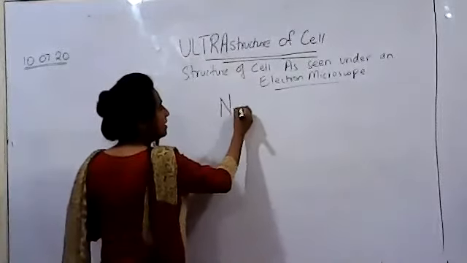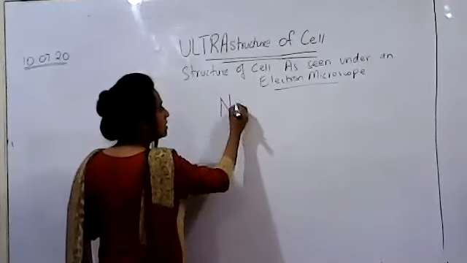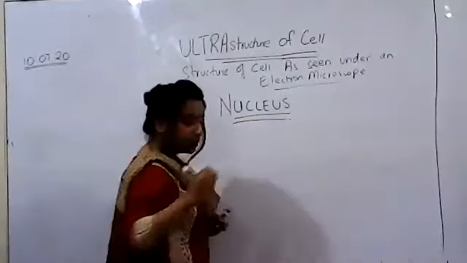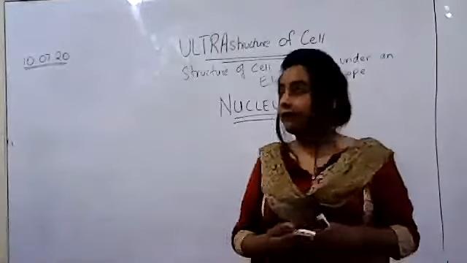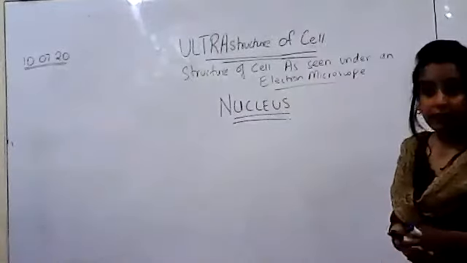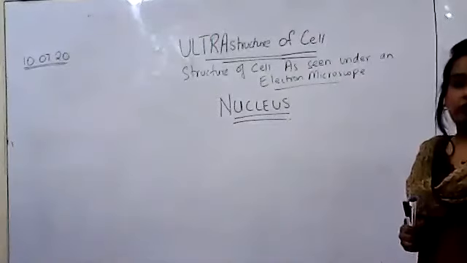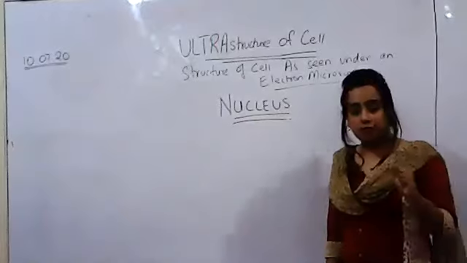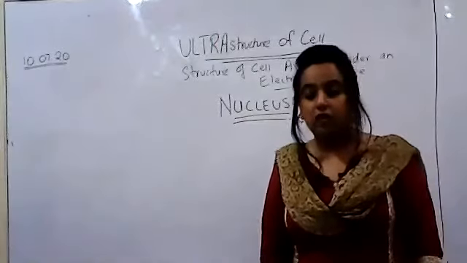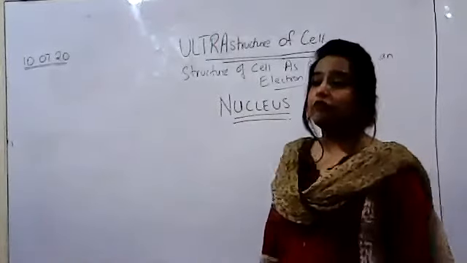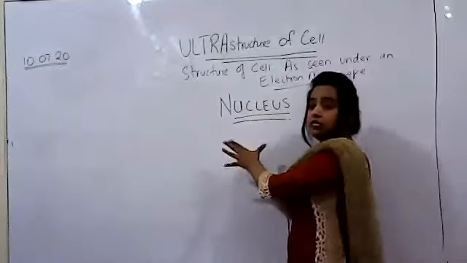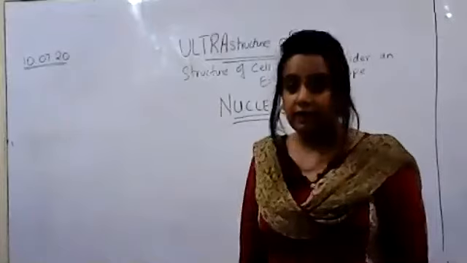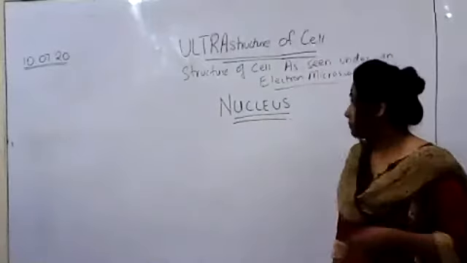The first organelle that we will be talking about is the nucleus. What it looks like, what it contains, what its functions are, how it works, and where it is present, right? Its position we have talked about already. The nucleus is the central organelle in the case of animal cells. It is pushed to one side in the case of plant cells. So this makes up your first point of the nucleus. It is present in the center in the case of animal cells, and pushed to one side in the case of plant cells, right?